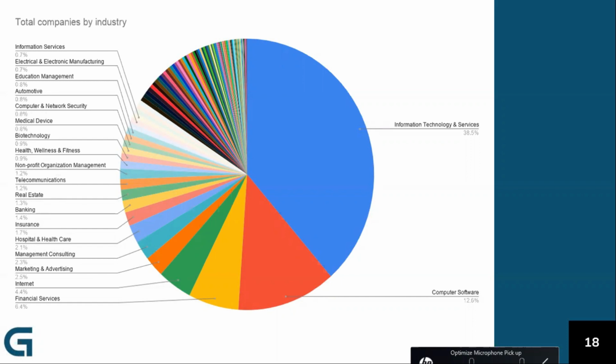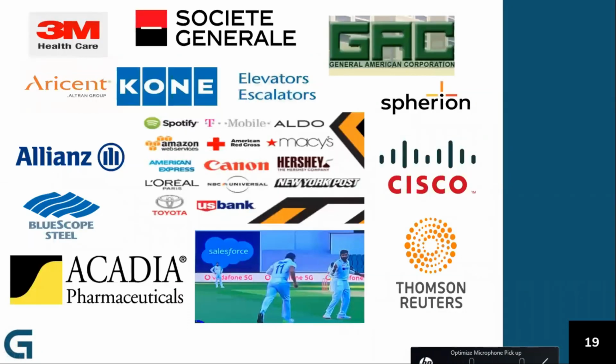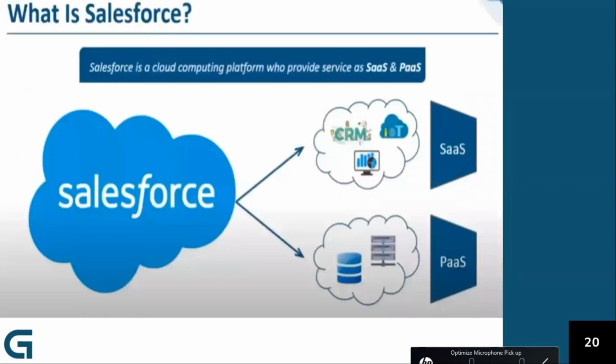And because of this, we have a lot of jobs in the market. These are a few examples: L'Oreal Paris, Toyota, US Bank, Canon, Cigna Healthcare, Cisco, a lot of MNC companies. As I mentioned, starting from startups, mid-scale, including all the MNCs, they have moved their structure onto Salesforce. So let's try to understand what Salesforce technology is about,